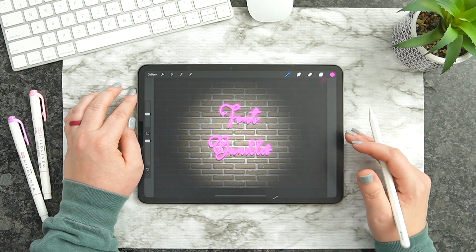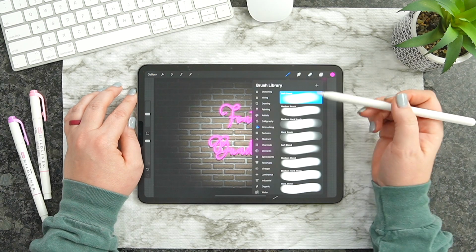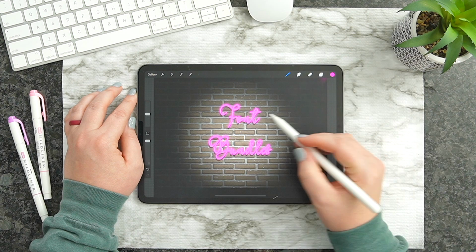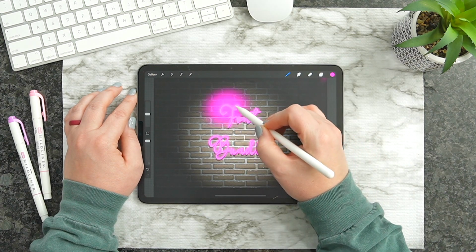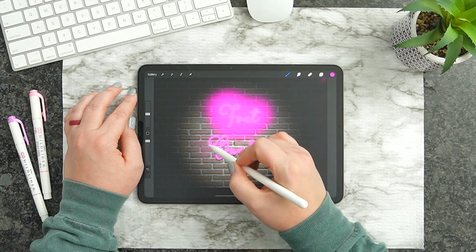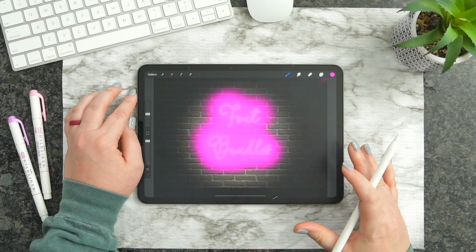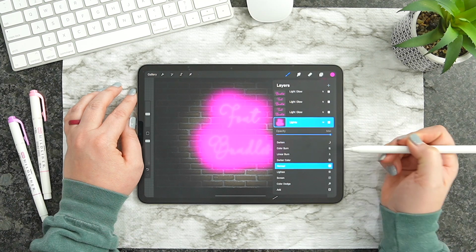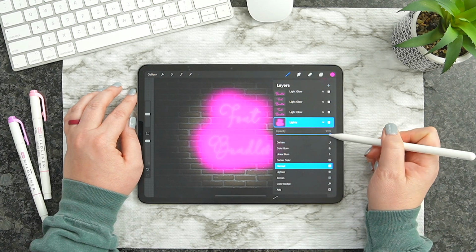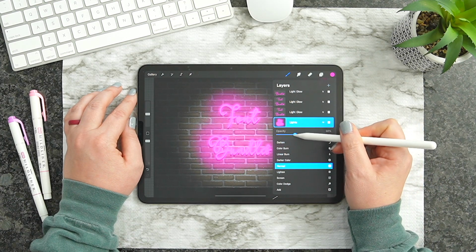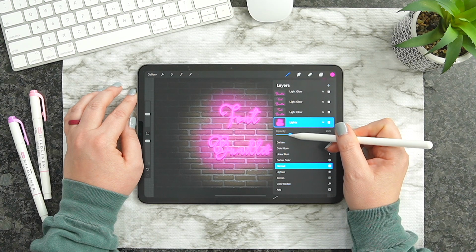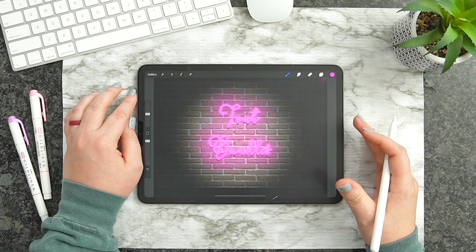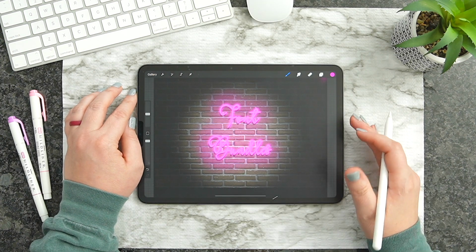Once you have your lights layer created, we're going to go ahead and take a soft brush and our bright color once again. This time we're just going to draw right on top of our font like so. It should look just like this. We're going to come back to our lights layer here, click on the N, and change that opacity to around 20%. Just like so. And that's it. That's how easy it is to use Gaussian blur.